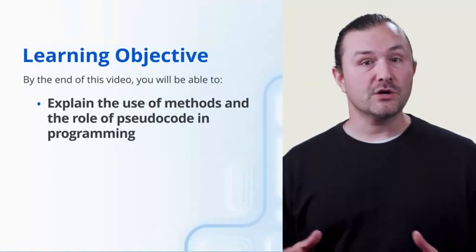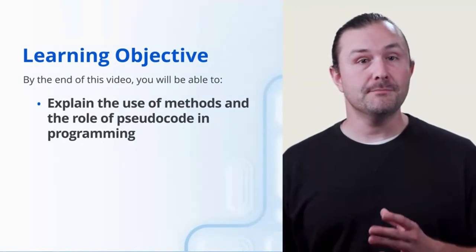Imagine trying to solve a complex problem without breaking it down into smaller, manageable steps. It would be overwhelming. In programming, pseudocode and methods help us do just that. Pseudocode is a powerful tool that helps us plan and think through our logic before we even start coding. On the other hand, methods allow us to organize our code into reusable blocks, making our programs more efficient and easier to understand. In this lesson, we'll explore how methods structure our code and how pseudocode serves as a blueprint